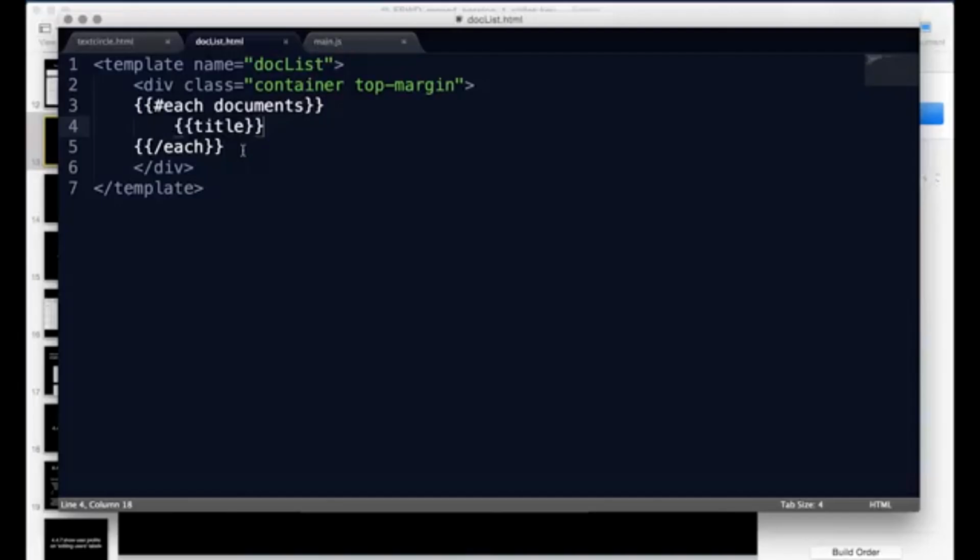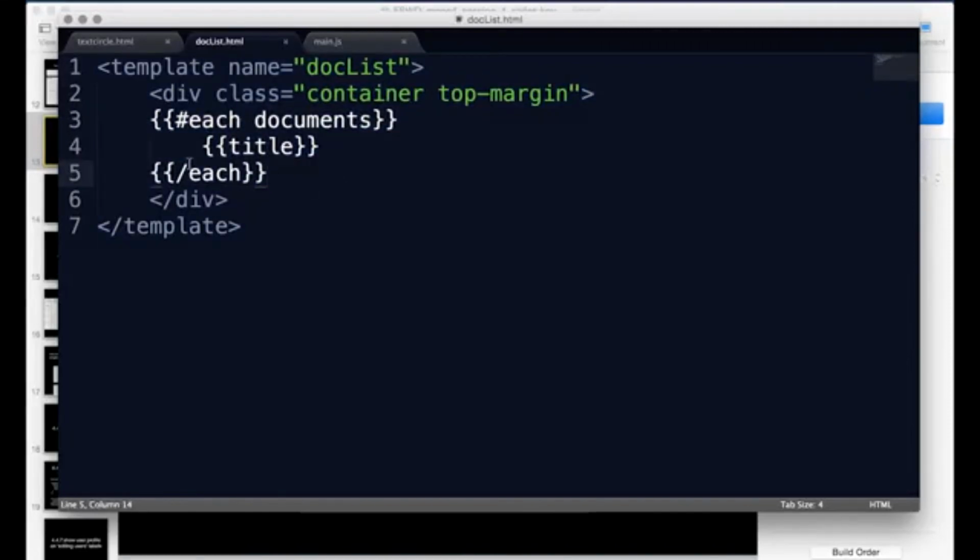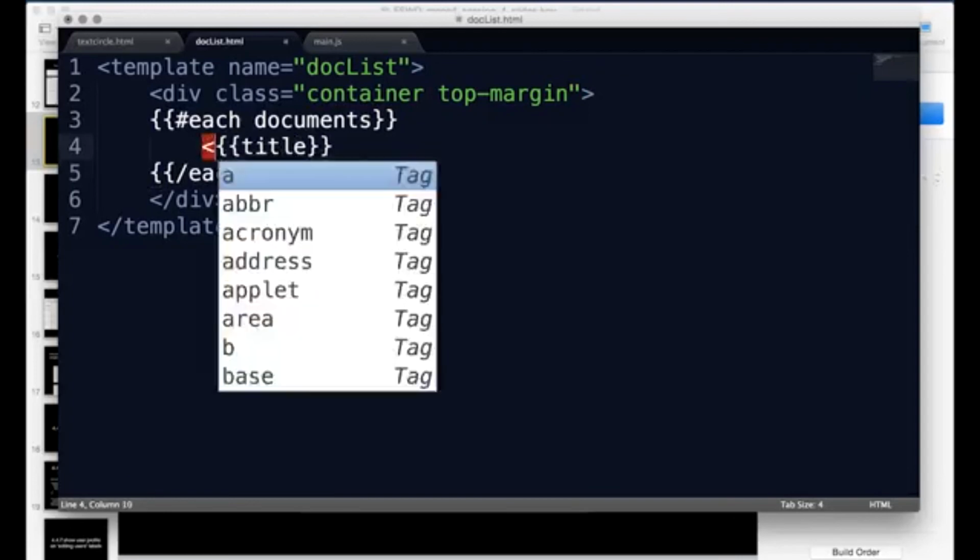So I can show you how to make those links. First of all, let's do the links part, because that's kind of easier. What I have to do is open up my doc list template here, and instead of just displaying that, I want to display a link. So href,